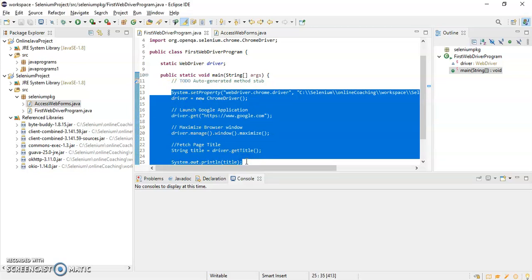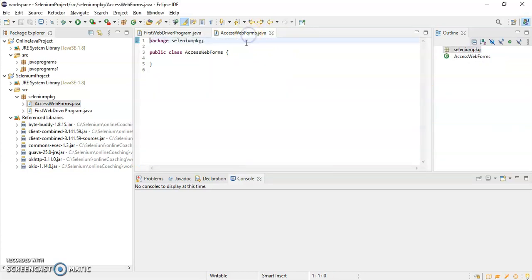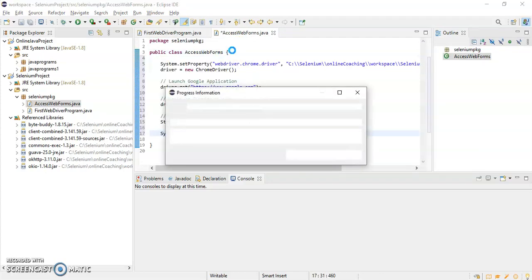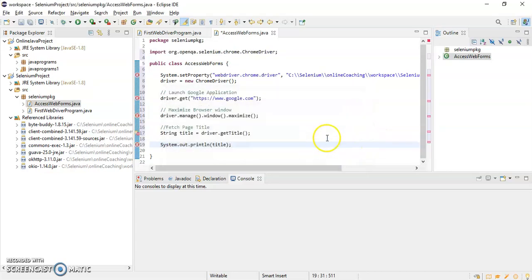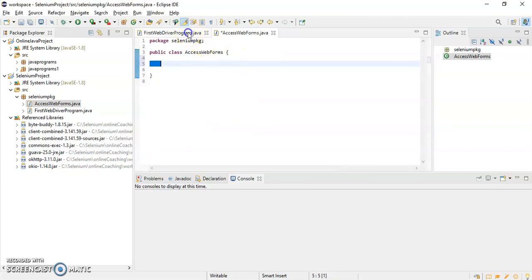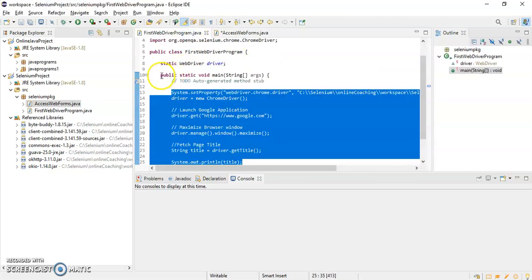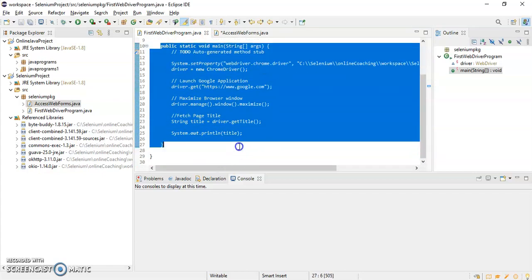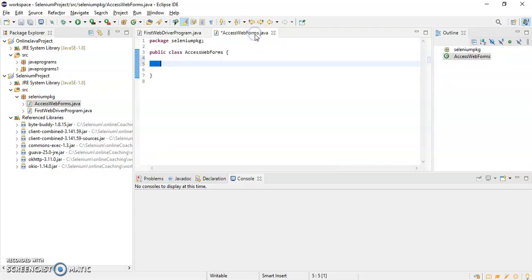I can copy this code and paste it here. I have to copy the main method also. Yeah, so I'll copy this one and paste it here.